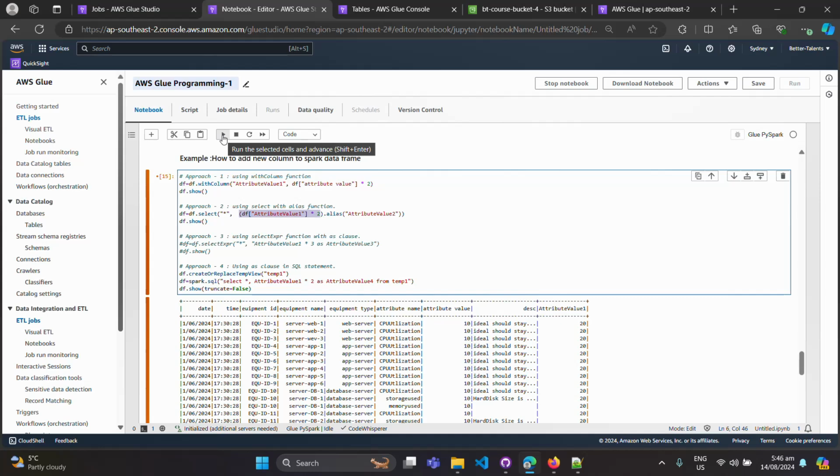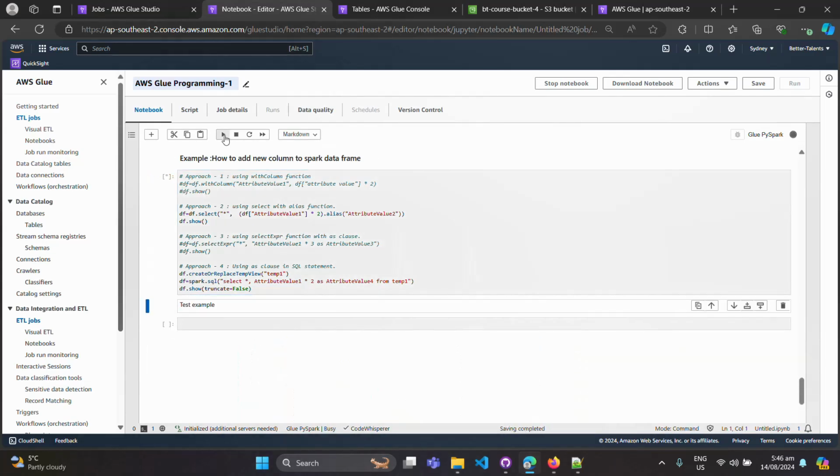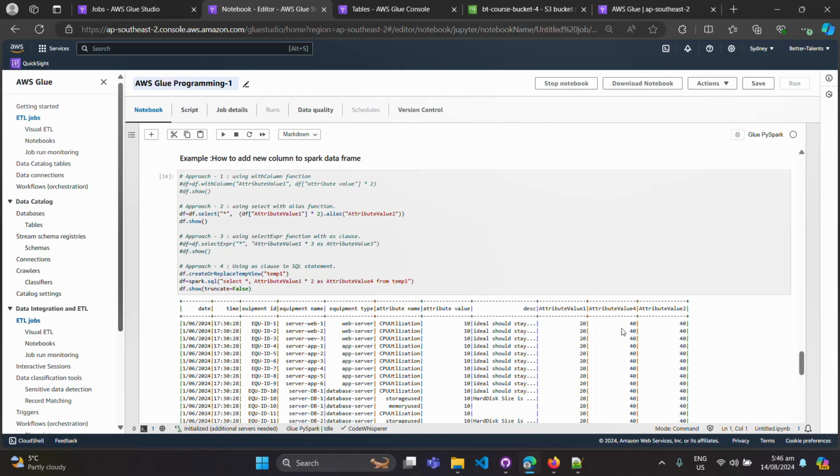So let's go for that. You can see attribute value 1 is there, attribute value 2 is there,